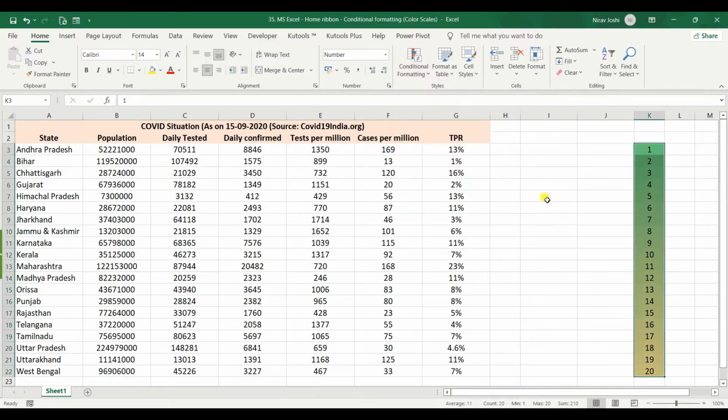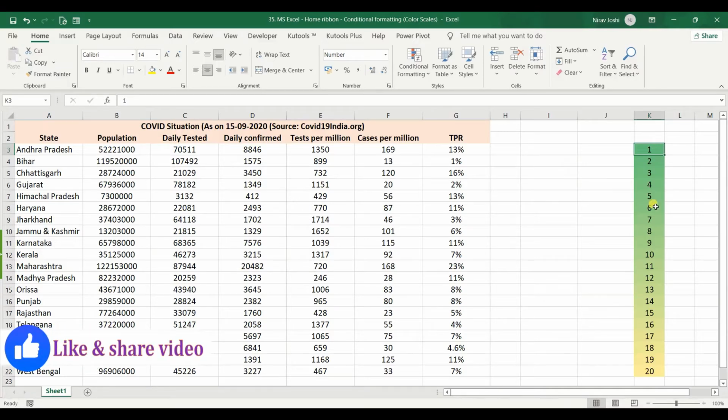So here we can see when we apply two color scales, we have two extreme color coding, that is for minimum and maximum value. Here we have green color for the minimum level and a yellow color for the maximum level. And as the value ranges between them, the color gradient would change from green to yellow. So basically the two color scale is giving a gradient to a particular cell based on the value in that particular cell in relation to the value ranges of the selected range, right?